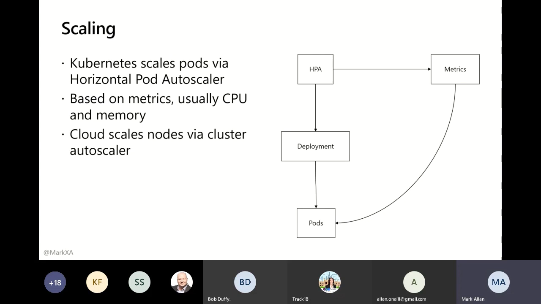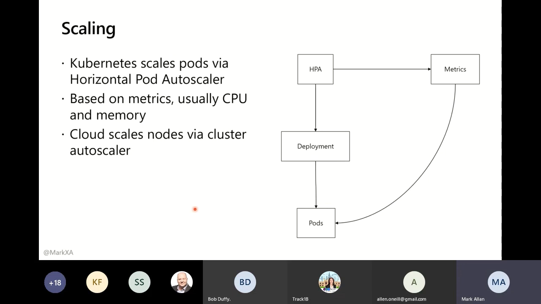By default, it looks at the metrics coming out of cAdvisor from the pods, usually CPU and memory based, and if it decides there is too much CPU and memory being used based on whatever thresholds you've set, then it will tell the deployment that it needs more pods or fewer pods and change the number of pods accordingly. So as your services get busier or quieter, within the context of your overall cluster, it will spread that load between them.